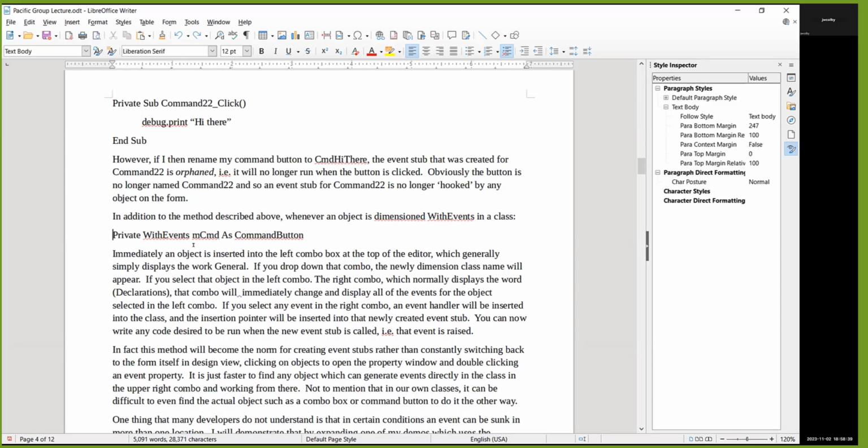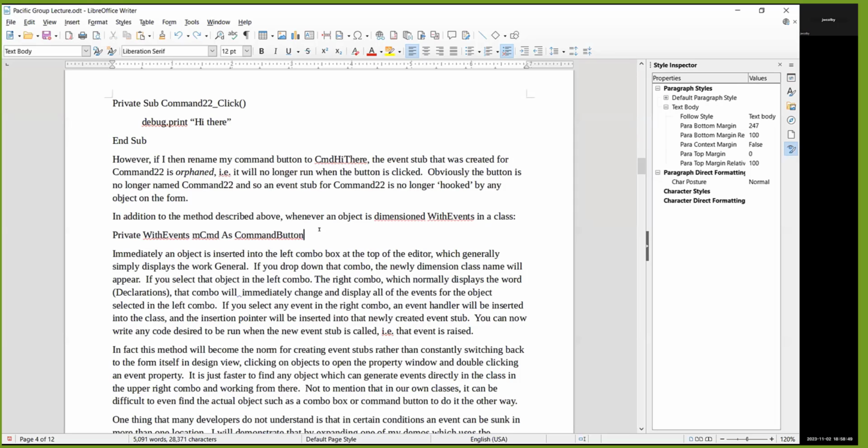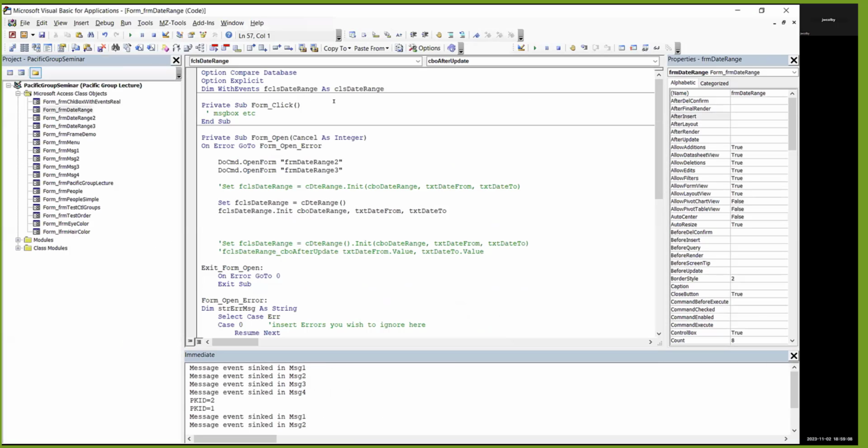Okay, we've just seen that this WithEvents command button line of code up here at the top allows us to sink events for something. And in this case, that something is a command button. Because it's a command button, it already has a whole bunch of events, right? So we can go in,